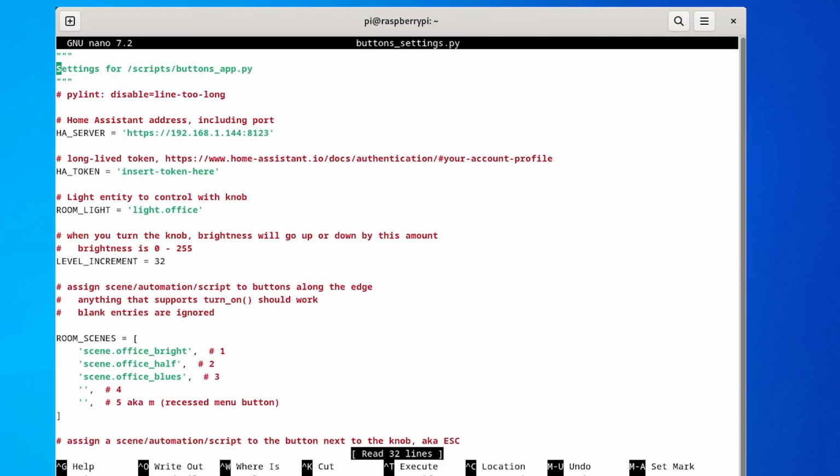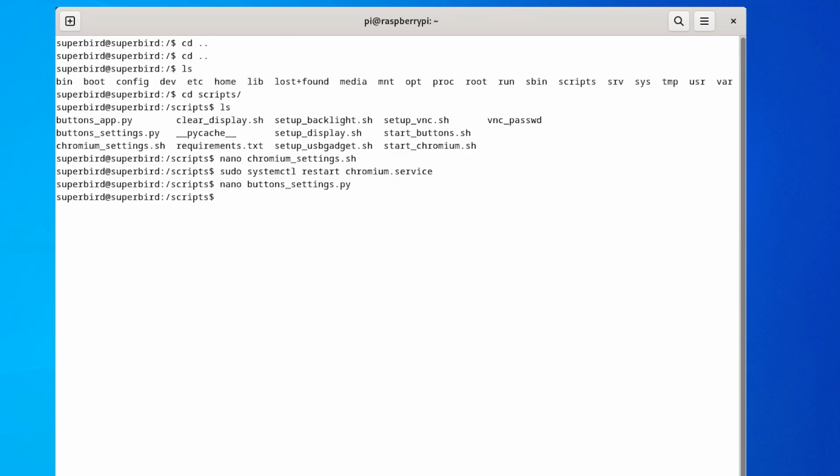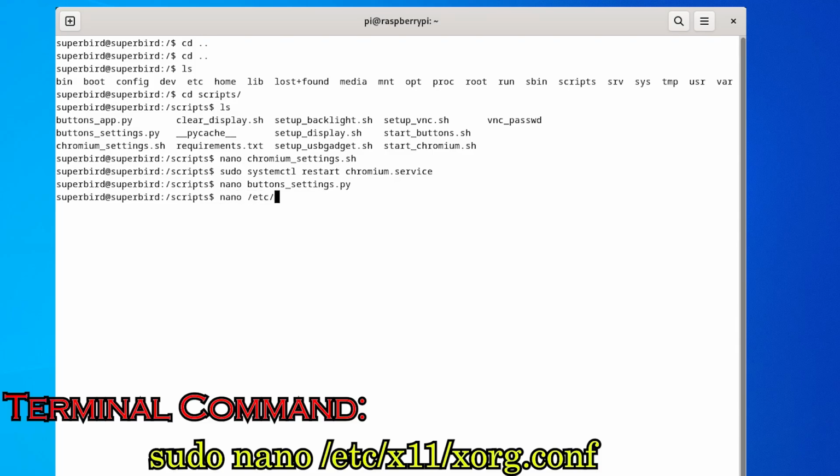Now here's everything that you're going to need to modify each button. Here's just an example for the Home Assistant address, the token for it, and pretty much everything else that Bishop Dynamics used in his example for the GitHub page. Now this isn't limited to just this. It just shows, for example, that this is what you want to do to modify the buttons. If we exit out of this and go into X11 xorg,